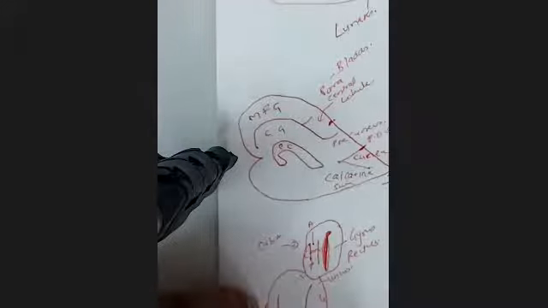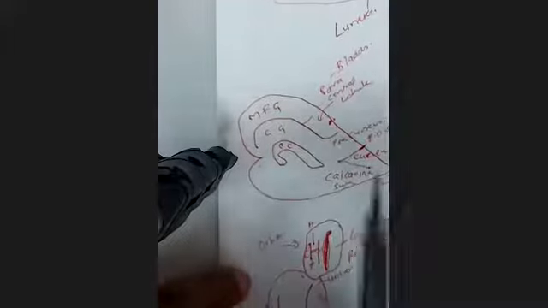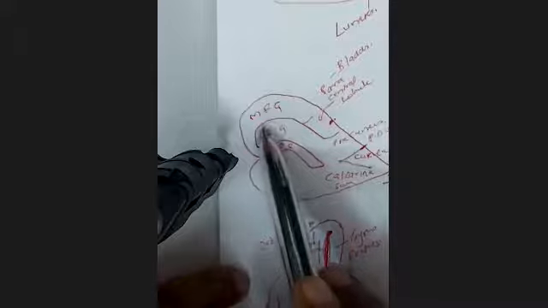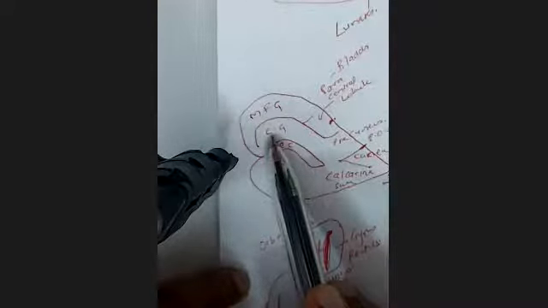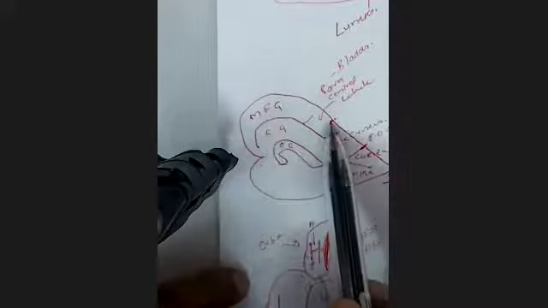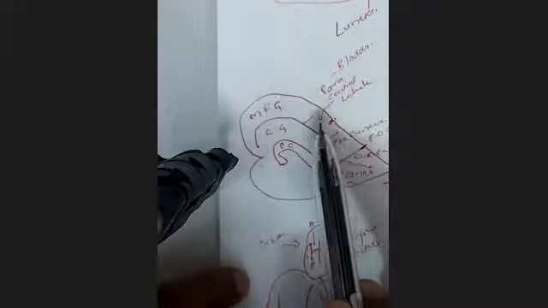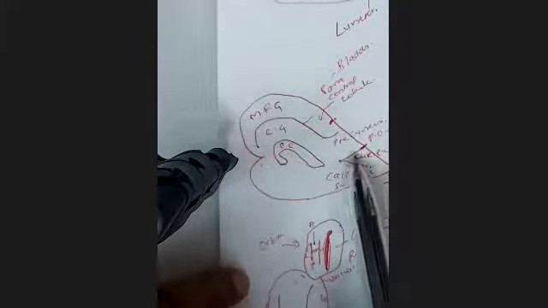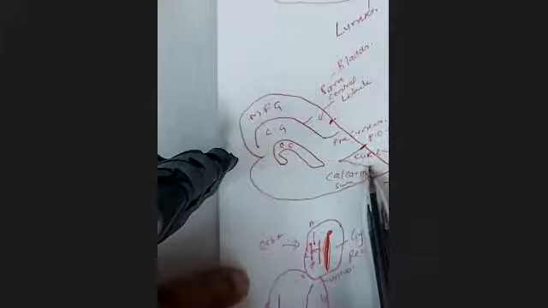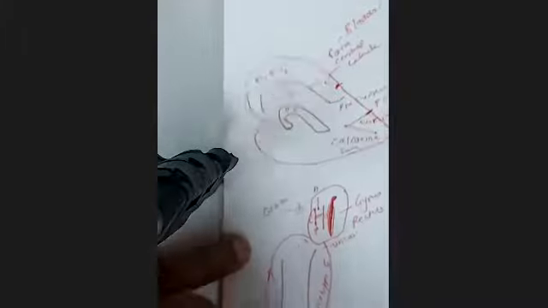Then we discuss the medial surface. On the medial surface, there is corpus callosum, cingulate sulcus, cingulate gyrus. Below the cingulate sulcus is cingulate gyrus. Above is medial frontal gyrus. Around the central sulcus on the medial side is paracentral lobule. Then there is parieto-occipital sulcus and calcarine sulcus. In between them is cuneus. Before that is precuneus.